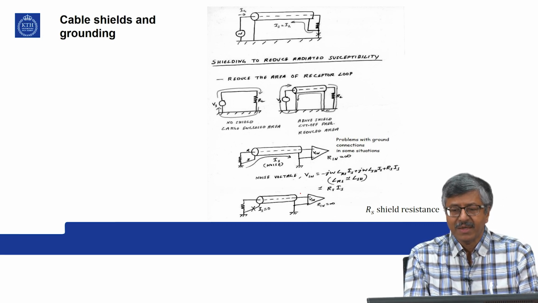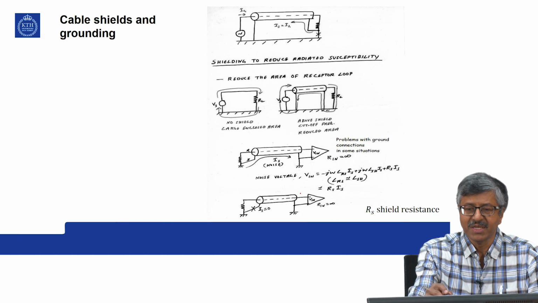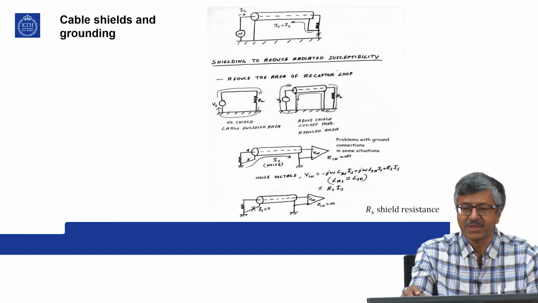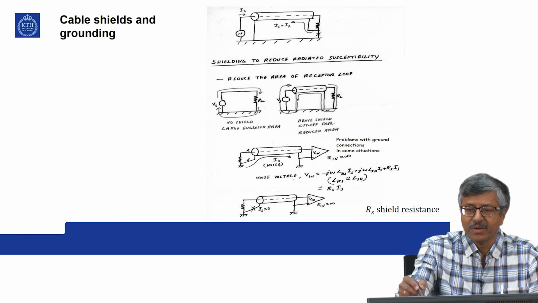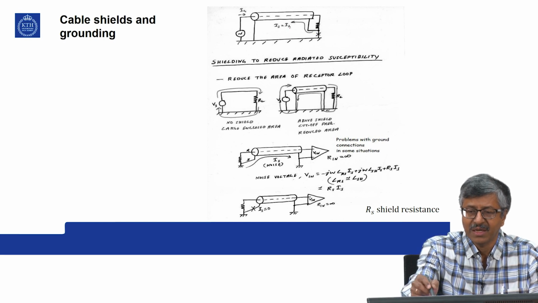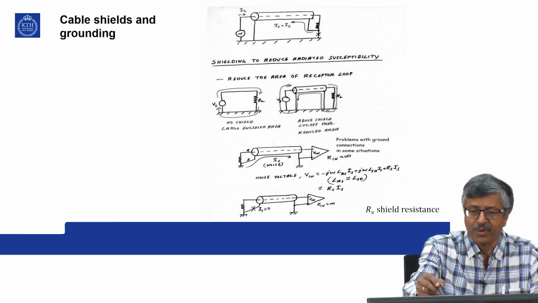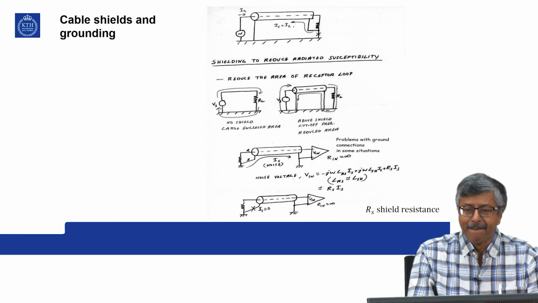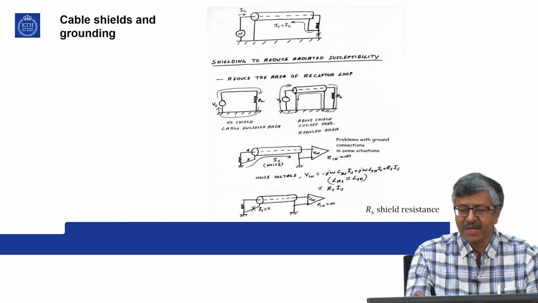So, again we look at the cable shields and grounding. Shielding to reduce radiated susceptibility. So, this part is grounded. Instead, to make sure that all the current is returning to the shield, you ground only on one side and you can connect this end to the shield. So, this may be more effective sometimes. This is no shield and this is shield